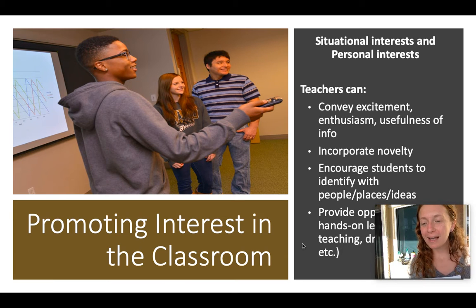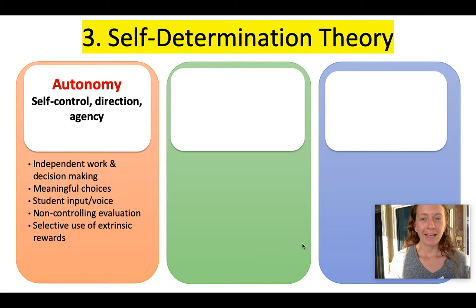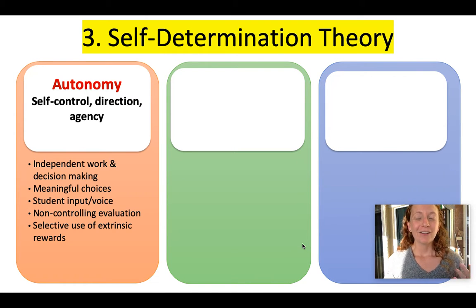And so we just kind of were summarizing and conceptualizing what we've talked about so far, and we're moving on to self-determination theory. And this is a huge one. This one talks about the basic human needs that people need to be motivated, and it takes all three most of the time. And so largely, one of the large aspects is autonomy, and this is a student's agency. It's when they have voice and choice in what they're doing.